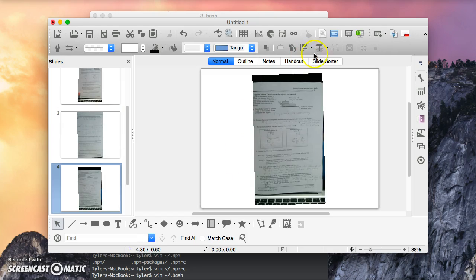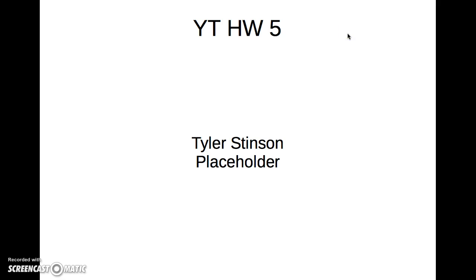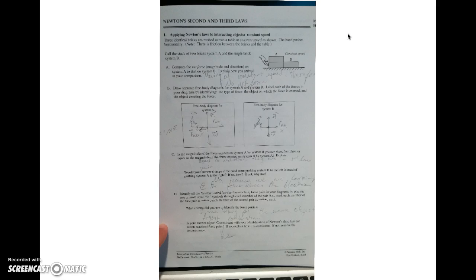Draw and label separate free body diagrams for each system. Let me check the time real fast. All right, let's go back in there. Okay,